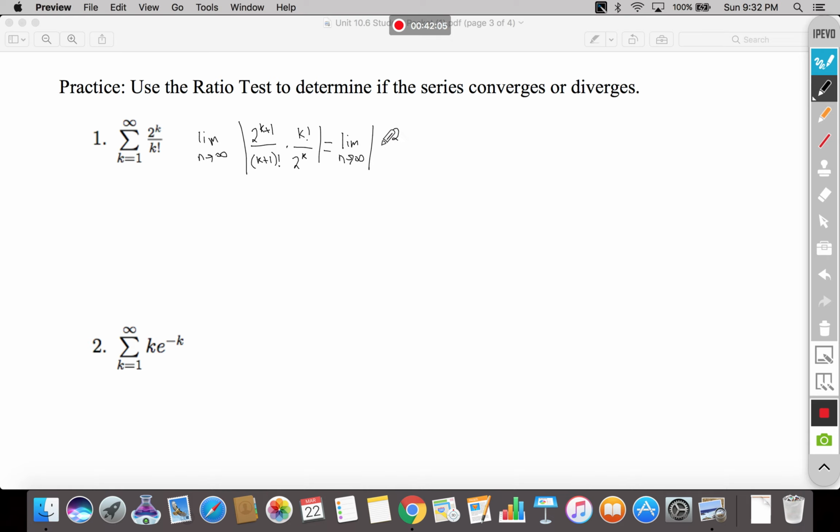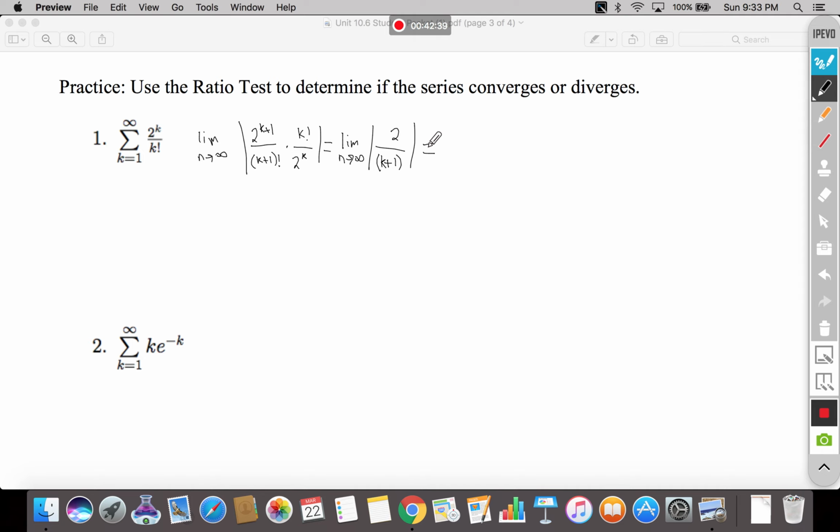So that's a 2 over k factorial. K plus 1 factorial is k plus 1 times k factorial. So the k factorial will cancel, and we'll be stuck with k plus 1. Right, 2 to the k cancels out 2 to the k, leaving us 2 to the 1. K factorial is a lot like this, but this just has an extra k plus 1 multiplied into it. All right, and this is going to be equal to,